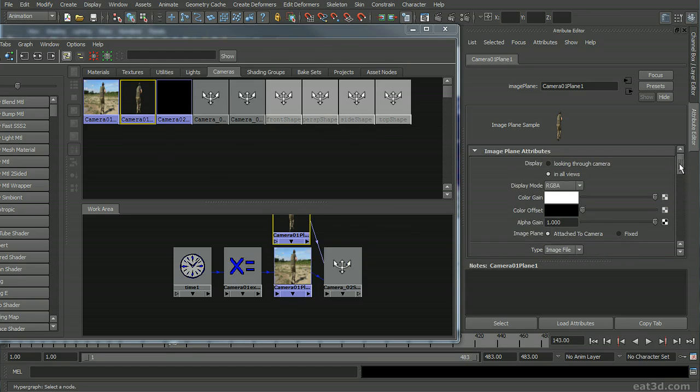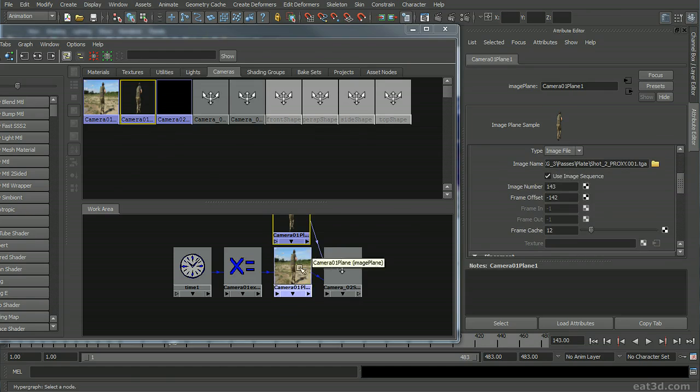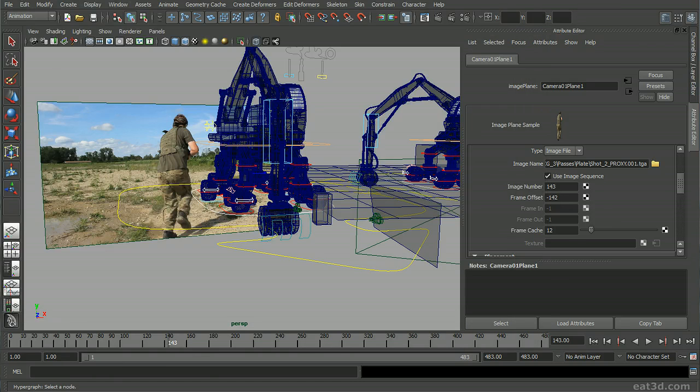Let's take a look at that. Make sure this is set to RGBA. And we should have identical results here, as you can see. And just to update this, you can turn this off and turn it back on again, and it should update as far as the image number, as you can see here. So just to double check it, you want to actually play through to see that this little dude is moving. So I'm going to move to frame